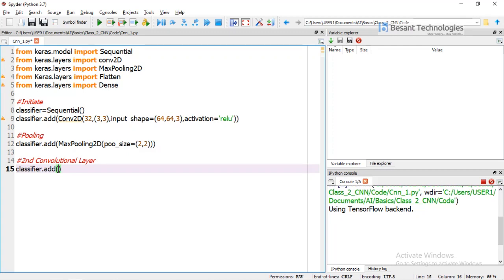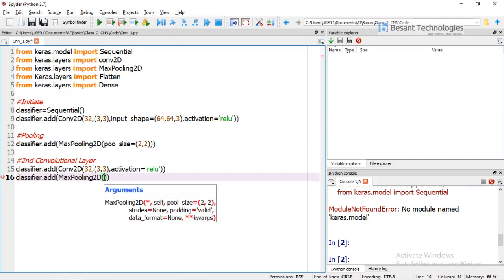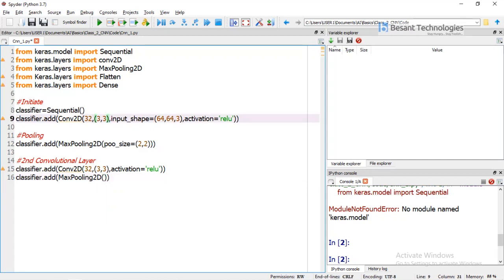The same kind of thing, this Convolution2D, and this is for 32 and again 3,3, and then again activation. In activation we are just giving relu, that's nothing but your rectifier. Then classifier dot add. Now again we need to add our pooling step. Classifier dot add MaxPooling, and then again here actually we need to make this